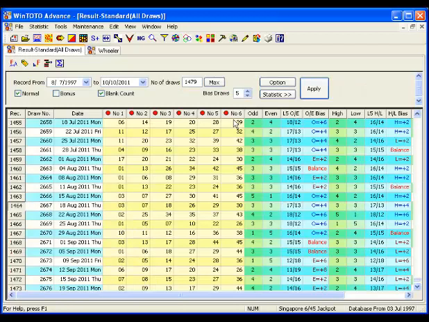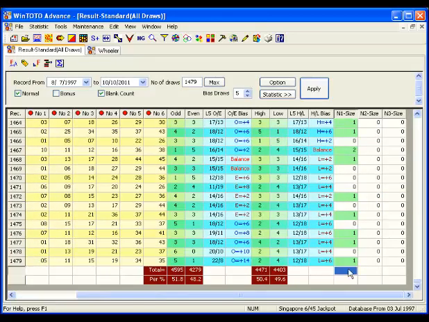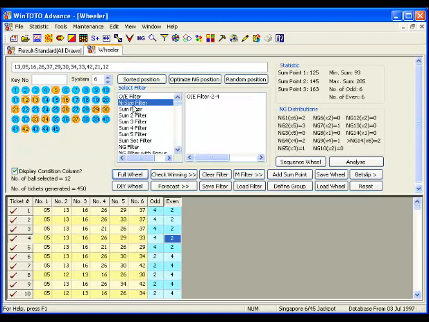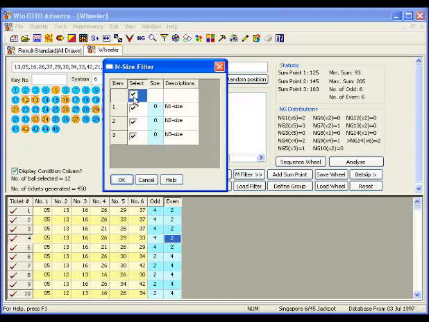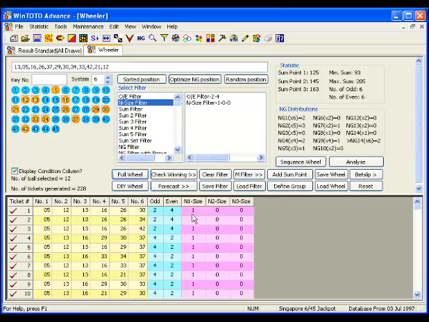So if you have studied your statistics well, you can make a forecast whether the next draw is going to be 1, 0, 0 or 2, 0, 0 or whatever pattern. Then you can apply the condition here. You will say, okay, next draw, you can click on top and it will highlight all the 3. And you can say, I want a 1, 0, 0 type of pattern. Then you do a full view again, yes, and you will notice that